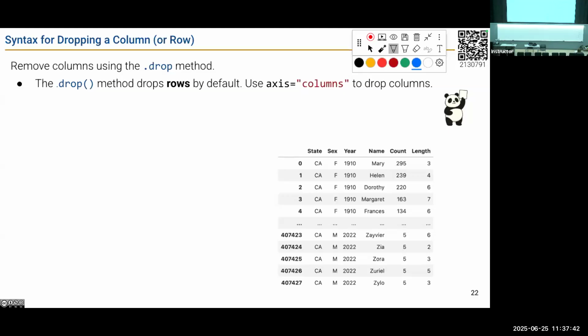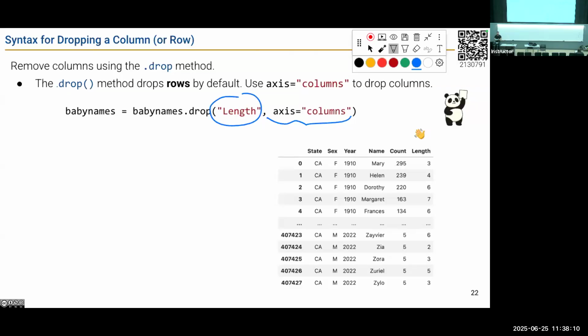Dropping seems like it makes a lot of sense. Just get rid of columns, right? Or get rid of different rows when we're filtering things out. Just keep in mind, when you're removing data from a data frame, be very cautious. I've been burned by that many, many times before. But how do you drop if you actually do want to drop? By default, the drop method will drop rows. So if I did not include this axis equals column argument, pandas would go look for a row with the index called length and drop that row. We have to say, use the column axis.